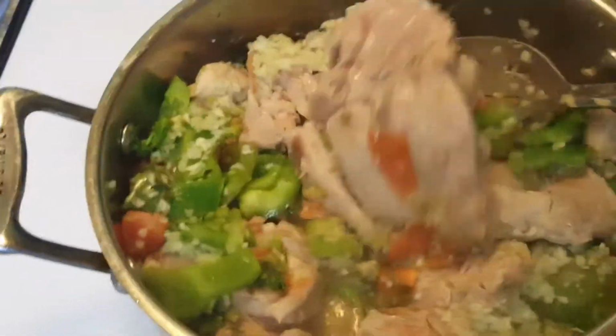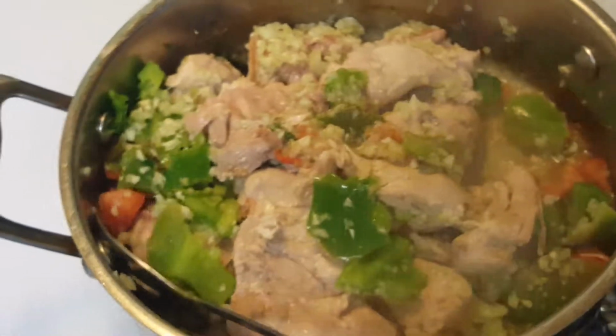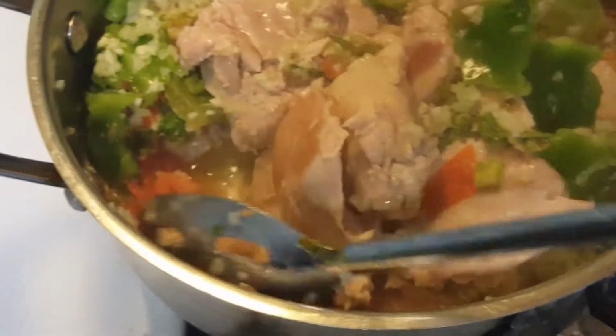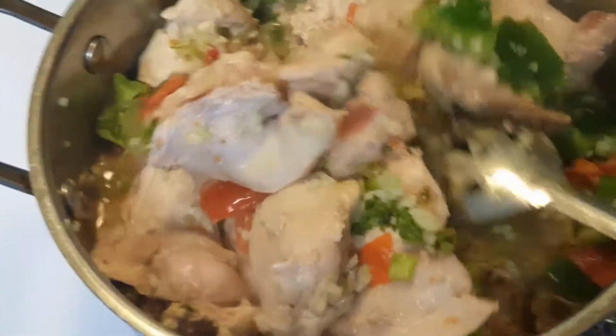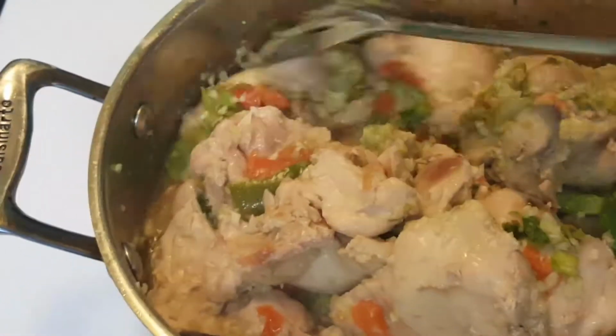So I'm going to cook this down, but I'd like to first brown my chicken first, and then I will be covering the chicken. And look, it's making its own juices. And with the habanero peppers and the fresh Creole tomatoes with the fresh squeezed lime, it is going to be so good. So yummy. So I'm going to go ahead and cover my pot